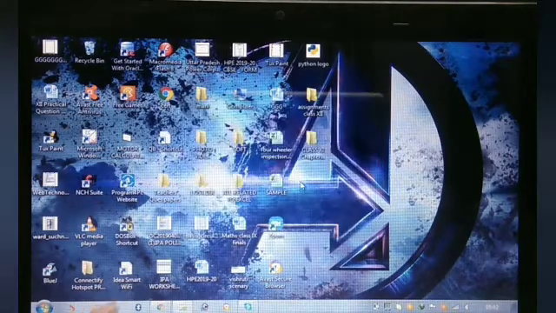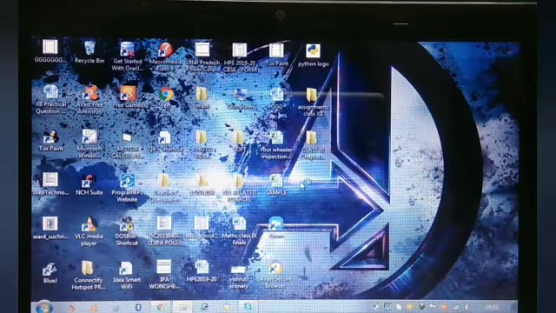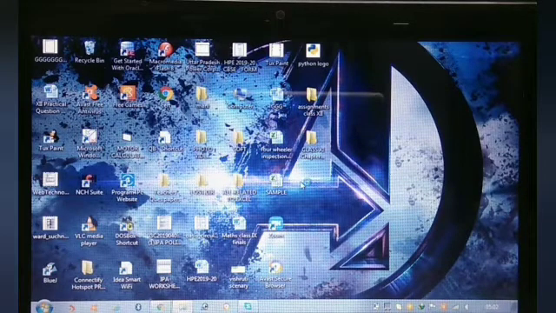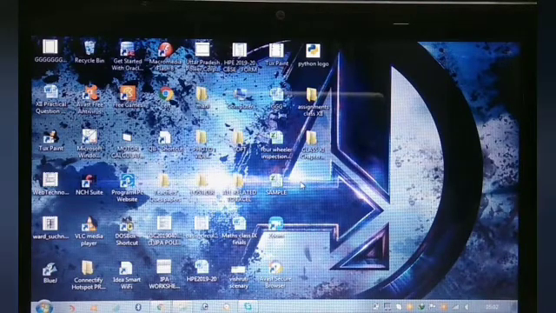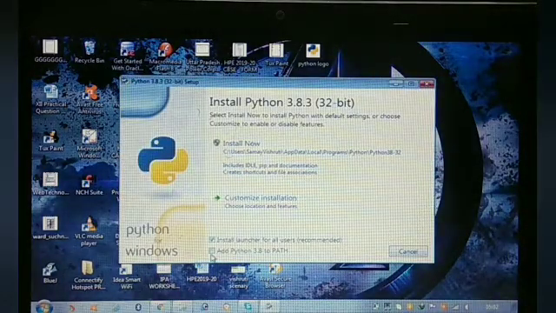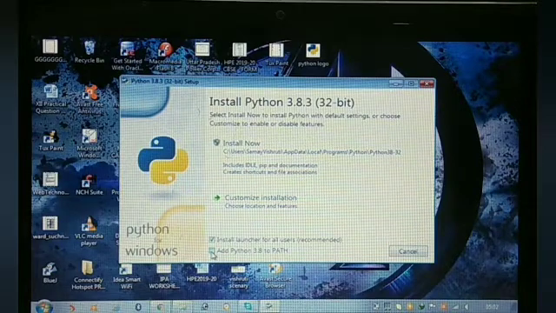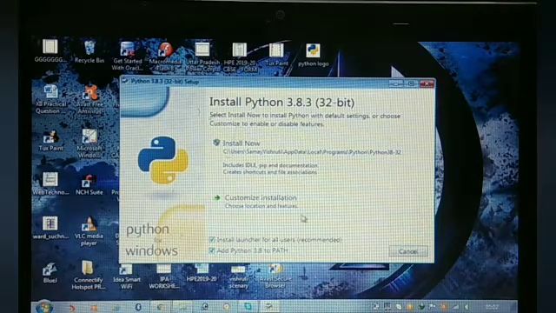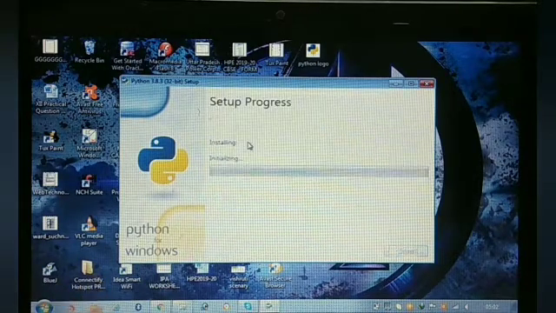Run the program from here. It will just take few minutes to be installed. Now here you can see add Python 3.8 to path option. Just check on this option and then click on install now.